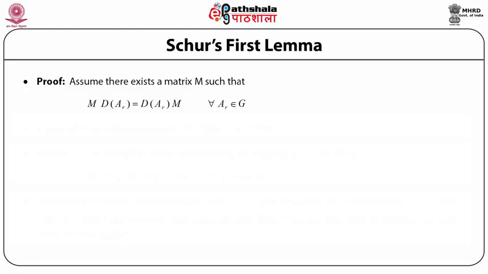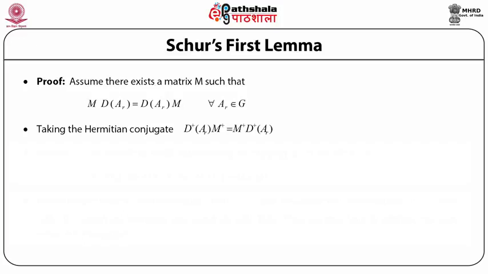Let's assume there exists a matrix M such that it commutes with the representation matrix D(A_R). That is, M D(A_R) = D(A_R) M for all elements A_R belonging to the group G. Taking the Hermitian conjugate of the above, we get D†(A_R) M† = M† D†(A_R). Since we have shown already in the previous module that D can always be taken to be unitary,